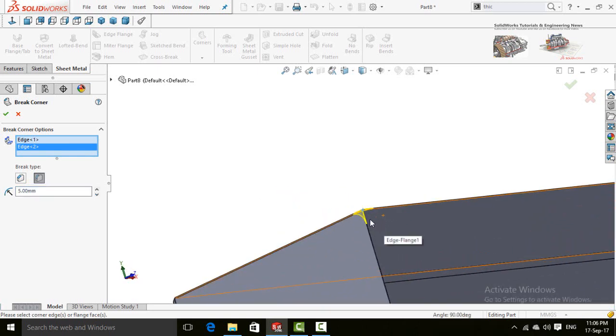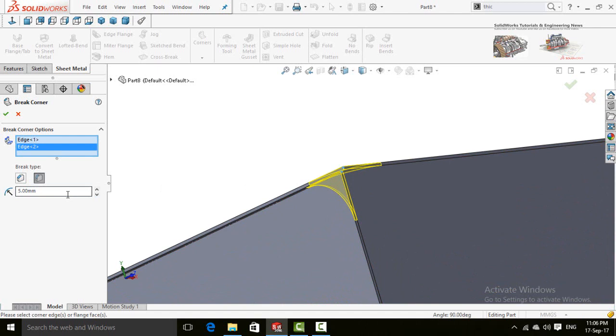So these corners are cutted or trimmed. Type of cutting or trimming: if you want a linear cut, click on this box, or you want some type of fillet, click on this. Here is the size, then press OK button to apply it.